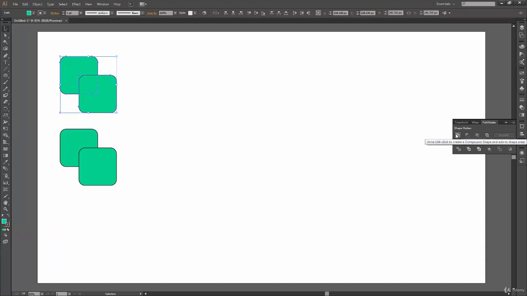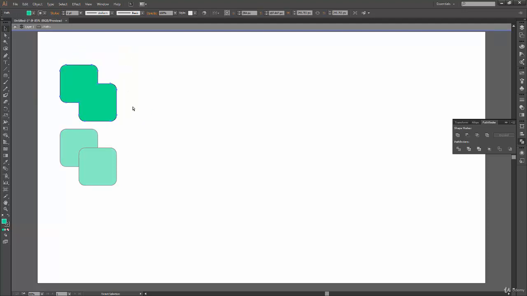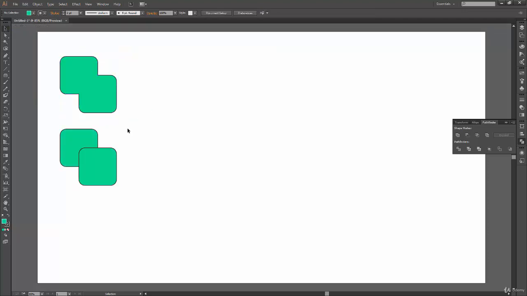First of all, we will just have a normal click over here, and you can see what the Unite operation does. It has united both our shapes, or you can say it has summed up the shapes, and now we have a single shape like this. I can go to isolation mode, and even further I can modify this shape. So that's how Unite works.